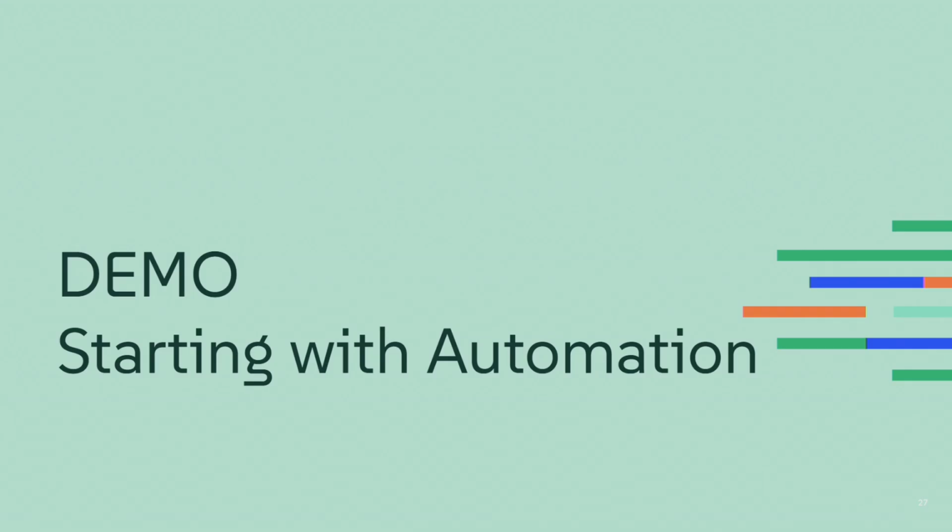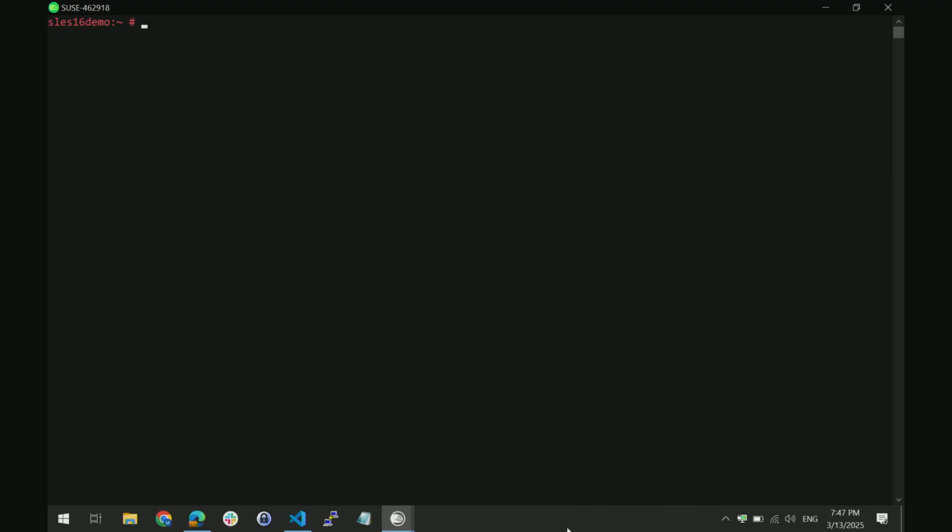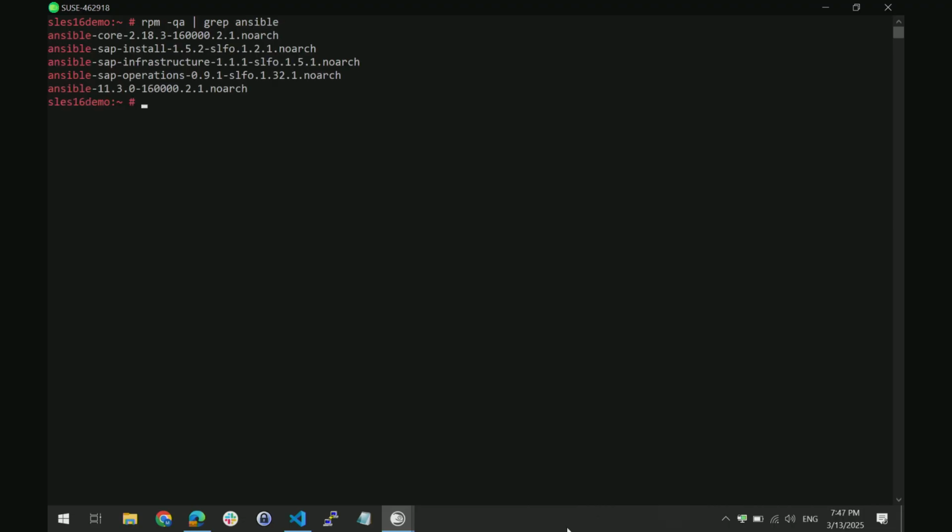So I have, well, let's just say a short demo. It shows you the recent changes that were mentioned. So this is a 16 server in the latest version that we have for our testing purposes. I prepared it with some initial packages. So it contains Ansible core in the versions I mentioned, and it has SAP install, SAP infrastructure, and SAP operations in place.